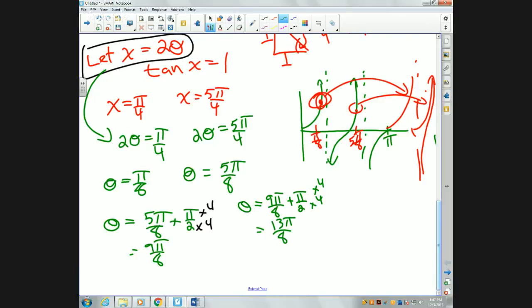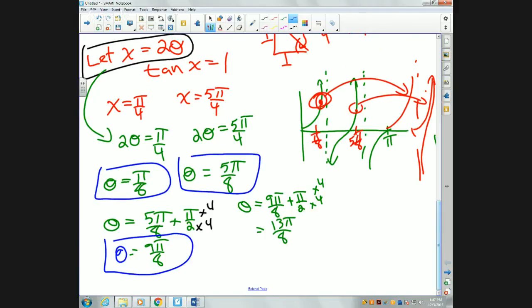And just to double check to make sure you did this right, 13 divided by 8 is less than 2, so we haven't gone beyond the 2 pi. So again, 4 different answers here, but these four answers were a result of compressing the graph rather than,